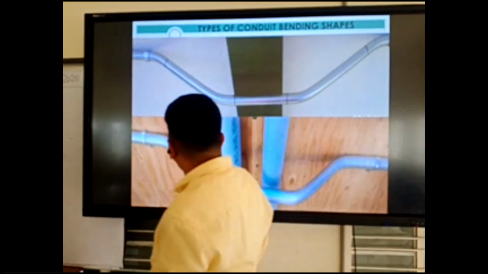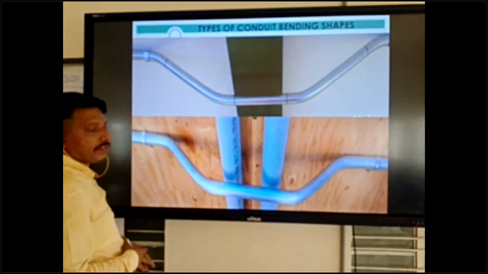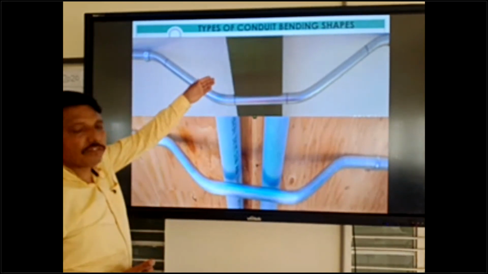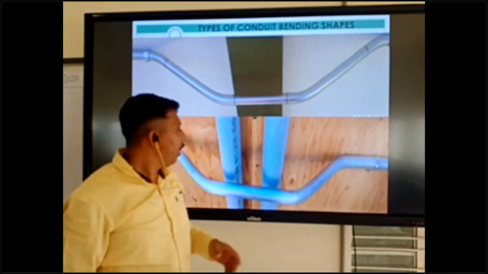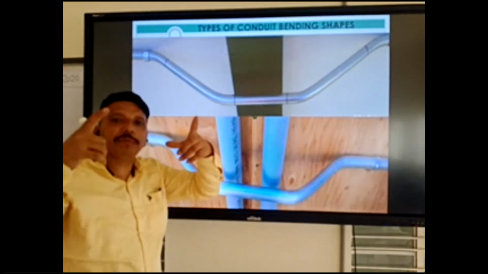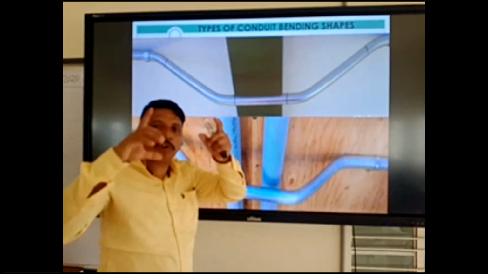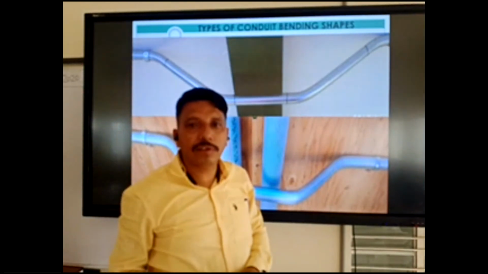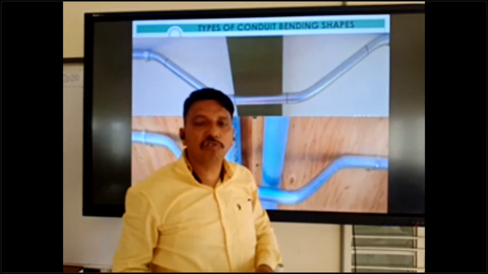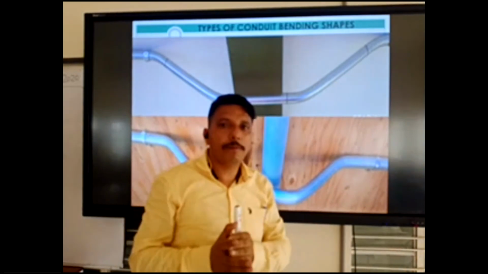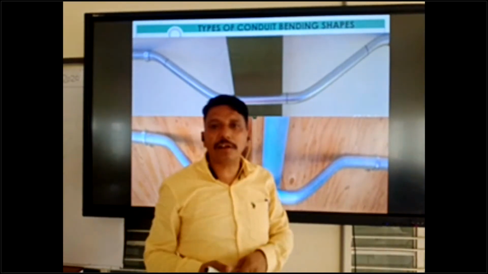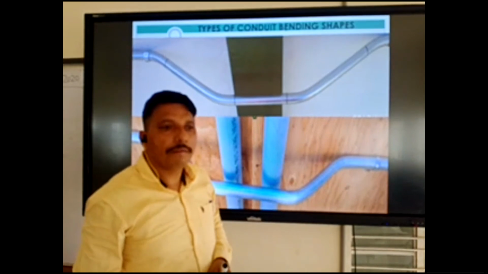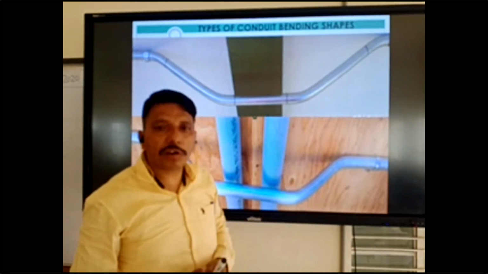Clear. This is the long bridge. We use the long bridge if you are crossing beams and big pipes, not only beams. Suppose a firefighting pipe is running in your building or project, and some AC duct, central AC ducting, is also running in your working area.